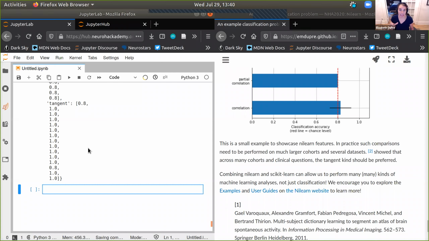So if you're trying to transfer this to structural data, I would say the basic outline is quite similar, but the particular tools that you'll use will again depend on your research question. Much in the same way that the basic outline will be quite similar, but the particular tools you use will depend. For example, if you're not doing a binary classification, but you're doing a support vector regression, the overall structure is the same. Nilearn is still very helpful to get you from point A to point B, but the particular pieces you would sub in will be slightly different, just to match the kind of data you're using. But that's a great question. Hopefully that answers it, but please let me know if not.